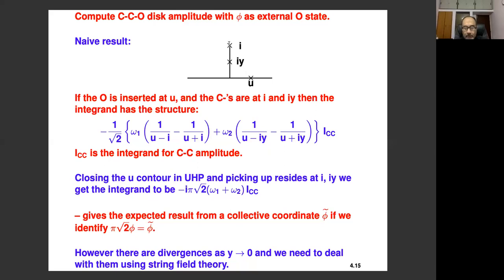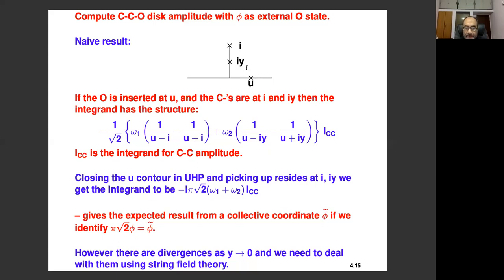So the first closed string we have placed at I. The second closed string I have placed on the imaginary axis, so I times y. This exhausts all the SL2R freedom that we had. And so the open string has no choice, we will take it wherever it is. We place it at some point u, and then have to integrate over y and u.